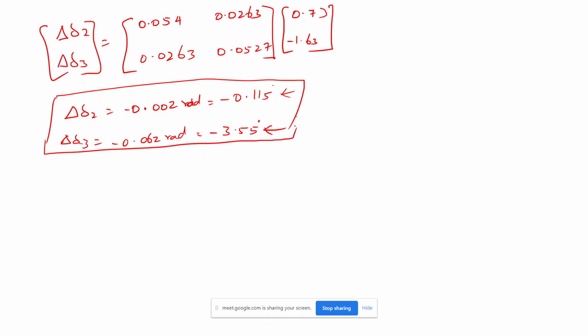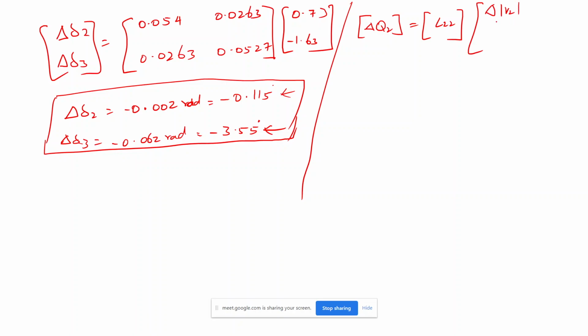Still, what we need to find out? We need to find out the voltage, right? Still we didn't find out the voltage. To find out the voltage, we need the data of Q2, because what is the L value here? Actual equation for this is del Q2 is equal to L22 and then P2 divided by V2. So we need to find out this value and this value, then only I can solve this value.